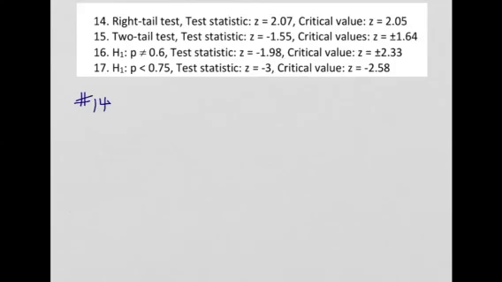what I like to do in all of these is draw the distribution. You don't really need the distribution so much, you just need the number line. And let's mark the critical value first. So in this problem, the critical value is 2.05. And if the test statistic falls further into the